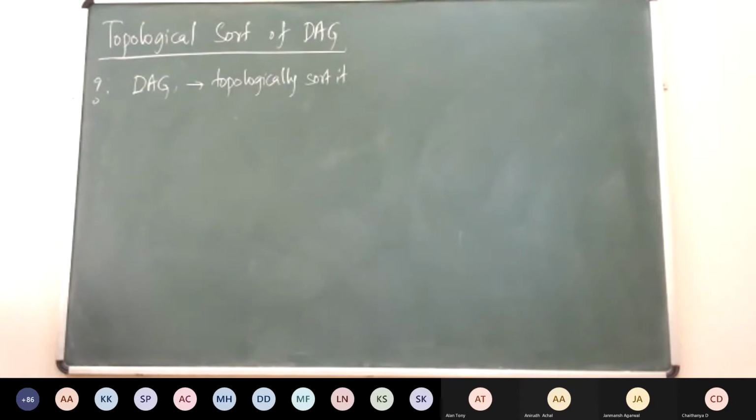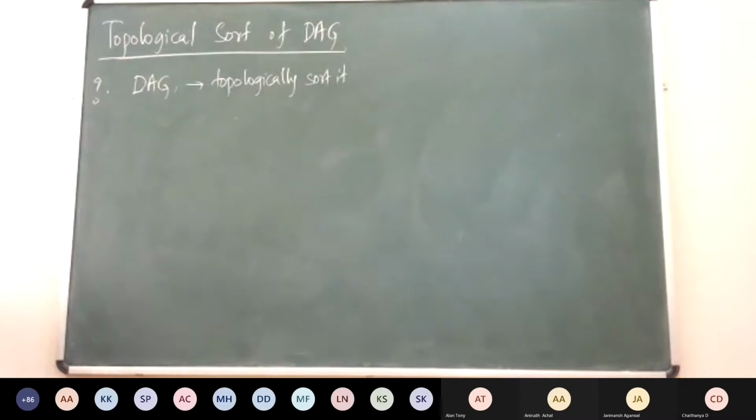Any suggestions? Before that, one minute. Before that, did everyone understand the problem? Yes, sir. Okay, hopefully. If you have any doubts with respect to the setting of the problem, please let me know. You can't think about the problem without knowing what the problem is, right? So just to reiterate, the input is a directed graph. Not only just a directed graph, it is a directed acyclic graph.